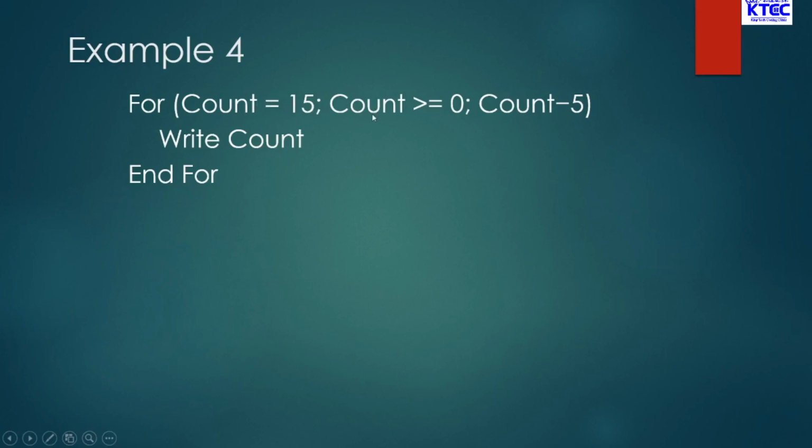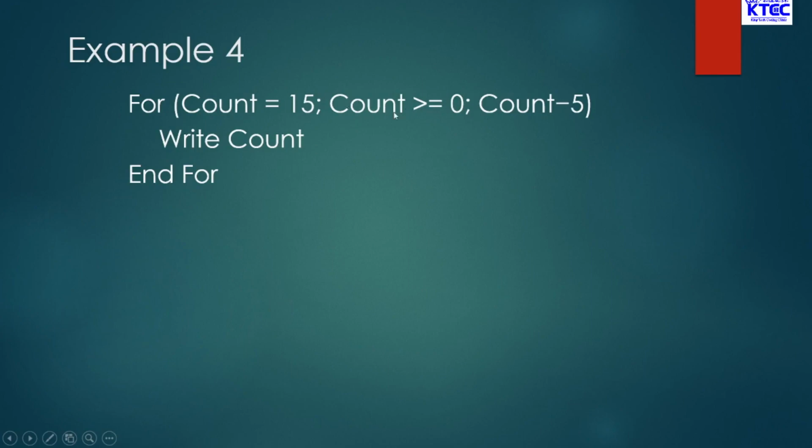Good. So we say what? Count is greater than or equal to what? 0. So initially write count. It will write 15. So we can say 15 is greater or equal to 0. Sure, it's true. So it will decrease it. So in the first count, it will write 15. After that, subtract 5, then iterate again and then write 10. Then it will compare 10 greater or equal to 0. Yes, it's true. Then it will iterate again and